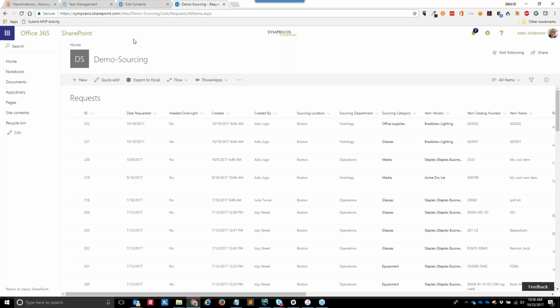Well, there are third-party tools like Skybow that can really help to make that happen a lot more readily. So what Adis has done is actually looked at what I've built here and built very similar lists and libraries, and built a similar solution on top of SharePoint using Skybow. And I'm going to hand it over to Adis to show how he's done that.